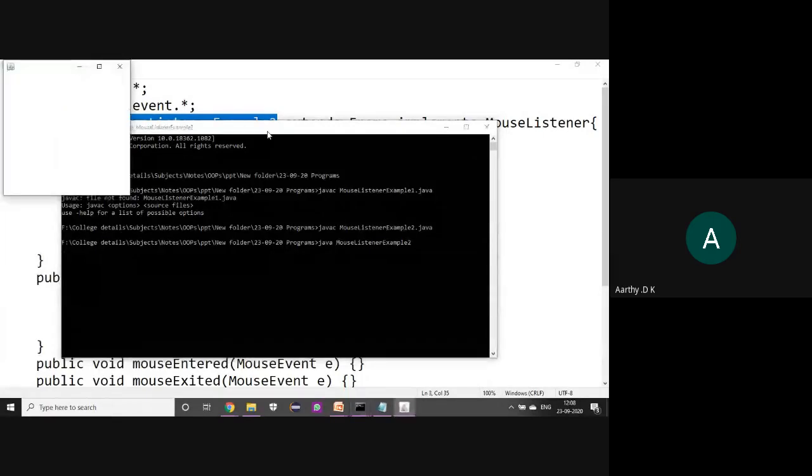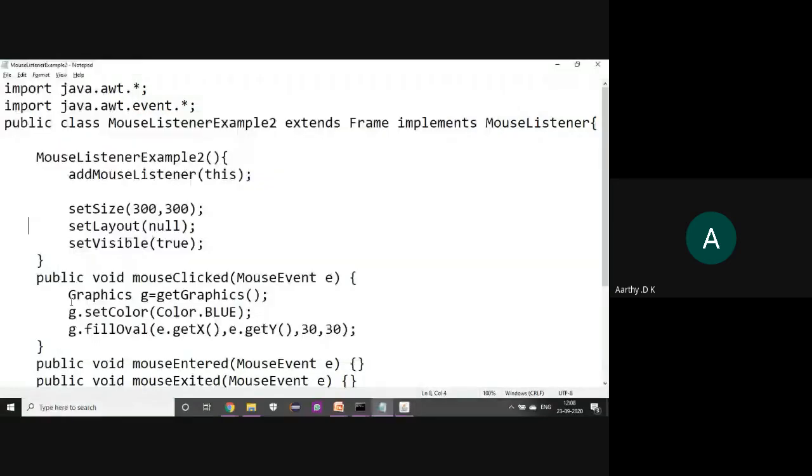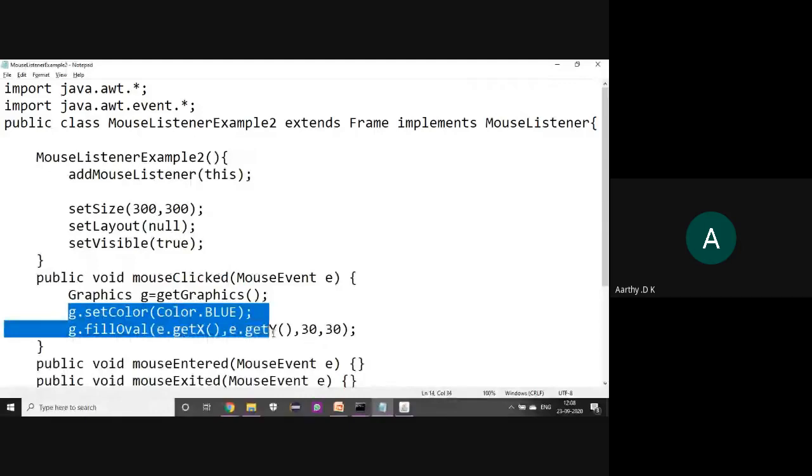We will have the frame. Now when I enter the frame, wherever I click, the color will be blue and it will be filled with the oval shape. So that is what is given here. When the mouse is clicked, you are setting the color to blue and drawing an oval with a filled color.